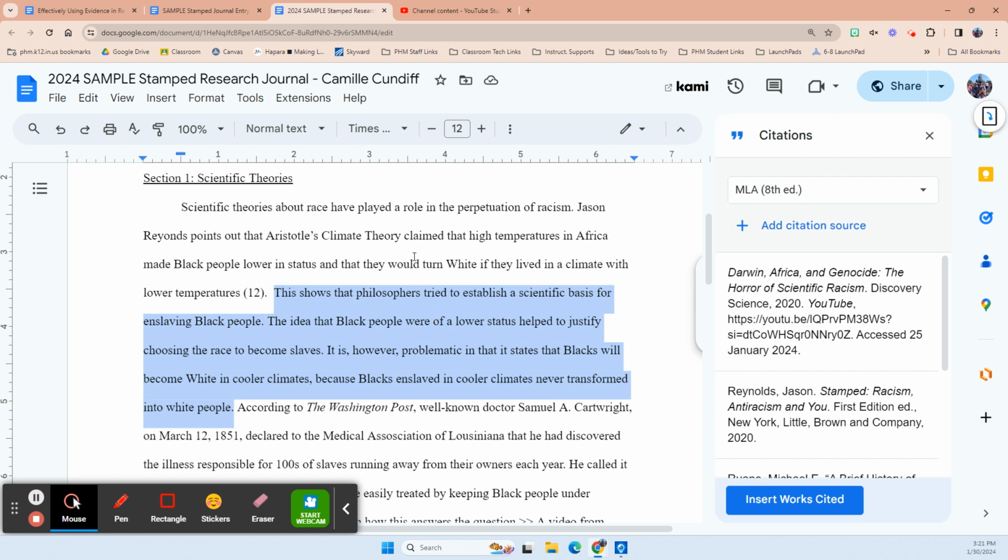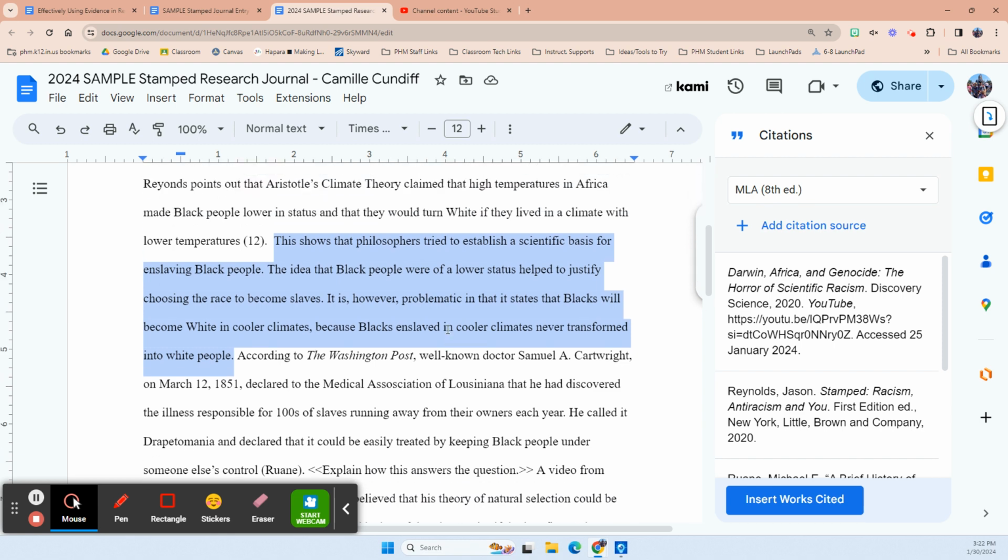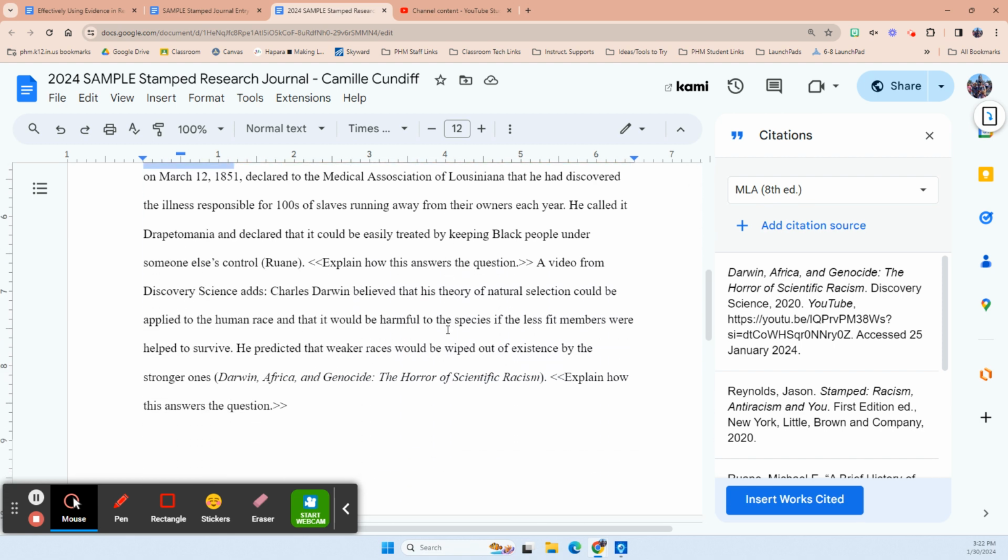You need to make sure that your thoughts about the information are outweighing the amount of information that you're using from your sources. And so your explanations of your evidence need to be longer than your paraphrase of your evidence. So just pay attention to that when you're doing that. So the next thing you would do is come down here and select your next placeholder for explanations, and you would put an explanation in for that piece of evidence, and then follow with your third.